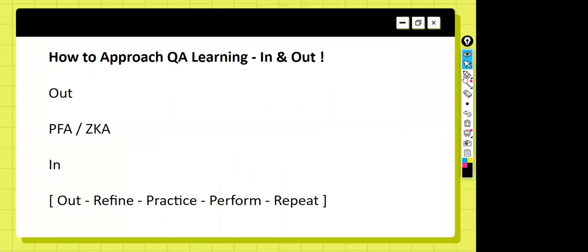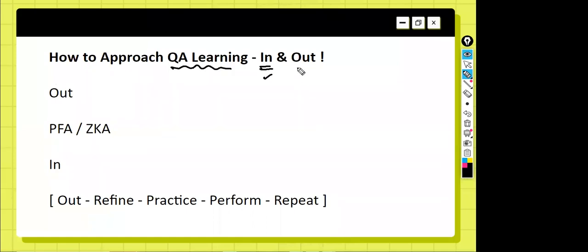Now, first, how to approach quantitative aptitude learning. First is inside the examination hall versus outside the examination hall. Outside the examination hall is the time when you are practicing. When you are practicing, you need to take a problem. Do not Google search. Do not look for any formulas or solutions elsewhere. Try to really think about the problem. By breaking your head, you try to solve what could be the answer for that specific problem, and that way